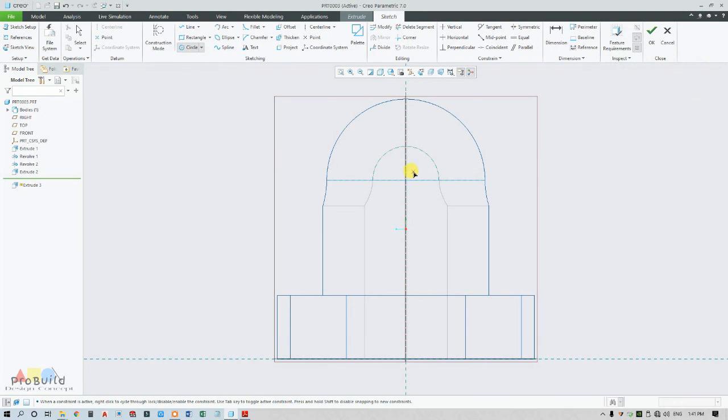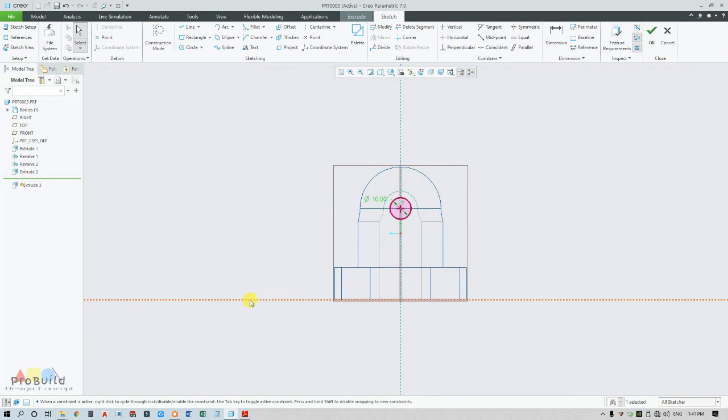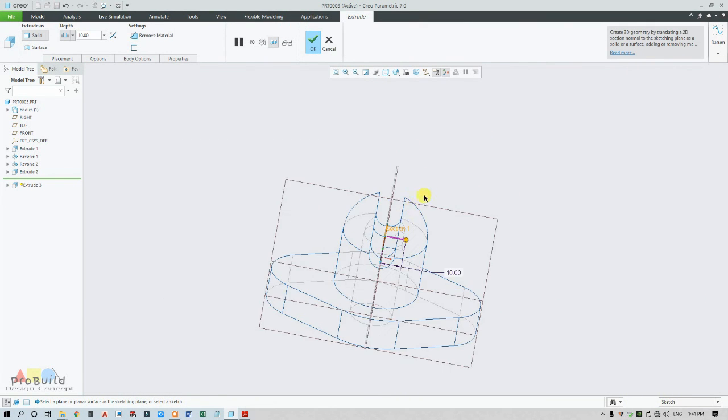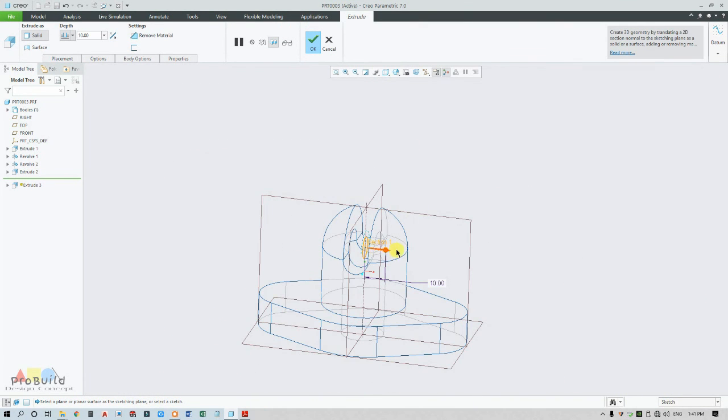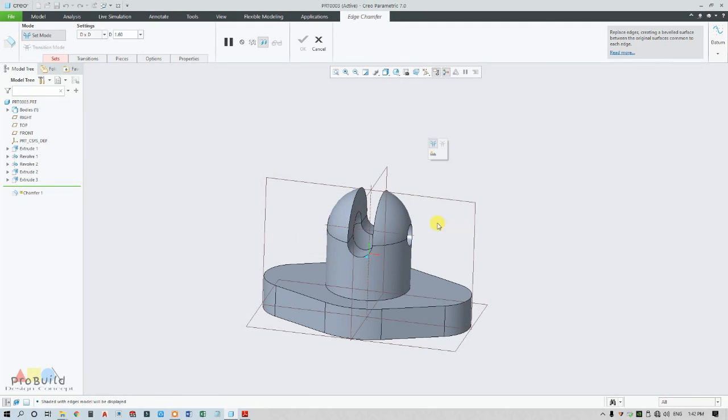So draw a circle of diameter 10. Since you can find this in symmetric way, so go for symmetric option. Just drag this ball, go for remove material. So my part is ready.